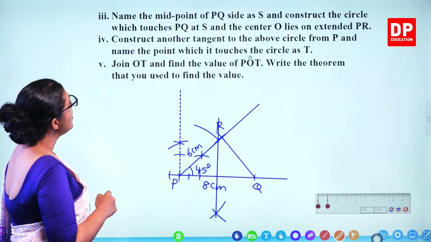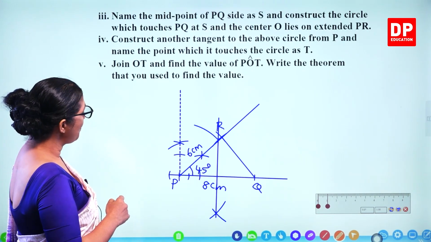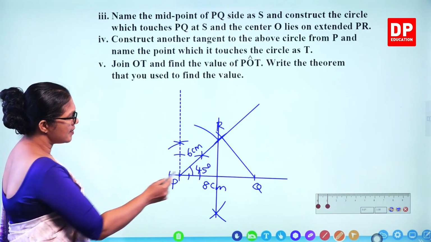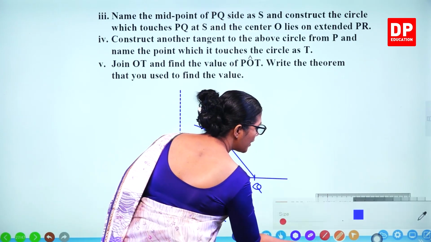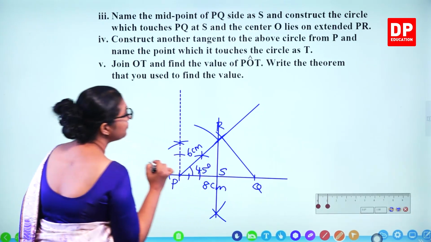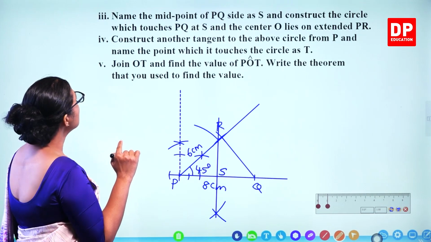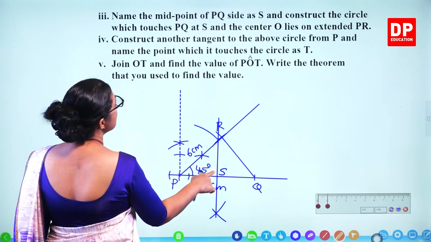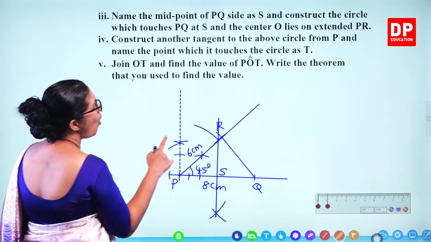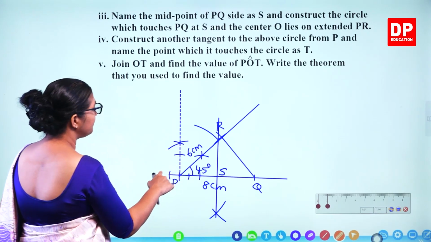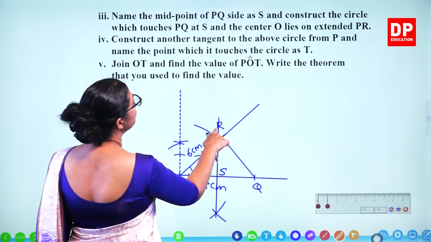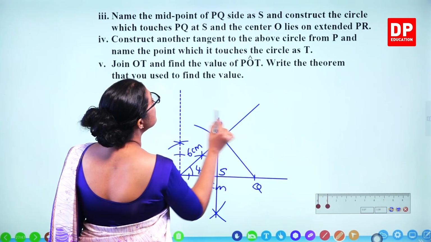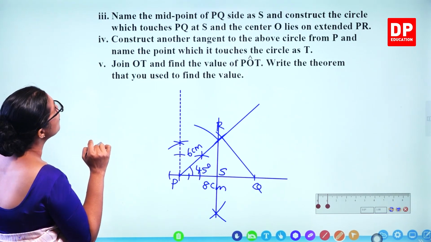Now take the next one. Name the midpoint of PQ side as S. So that's this point. We drew the perpendicular bisector. So this is S. Construct the circle which touches PQ at S and the center O lies on extended PR. Extended PR. So the center is there, so which touches PQ. So you have to